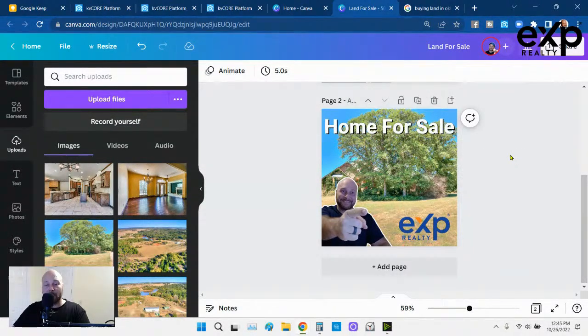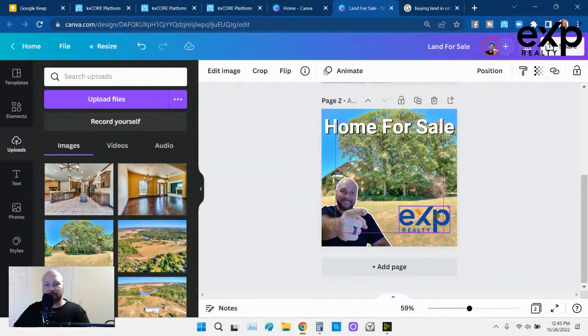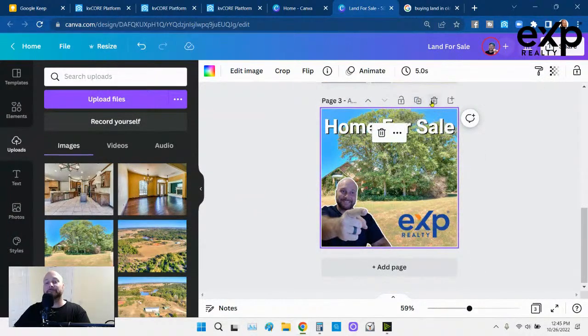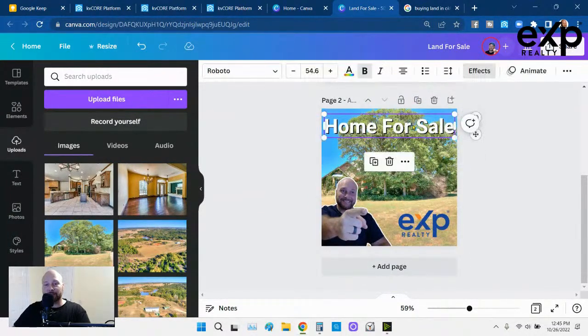Right there. Oh, we've got to do a call to action. So let's duplicate this text. I just selected the text and I'm going to click duplicate. Oops, delete that. Select the text and then right here, duplicate this one.